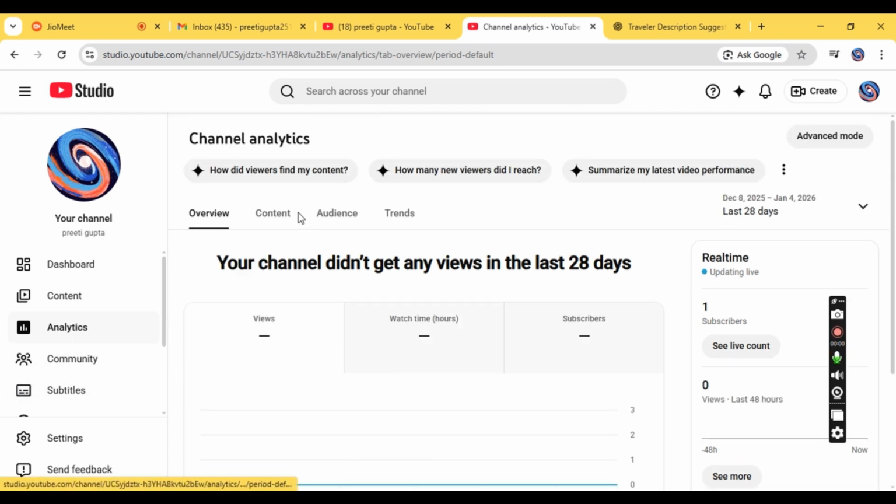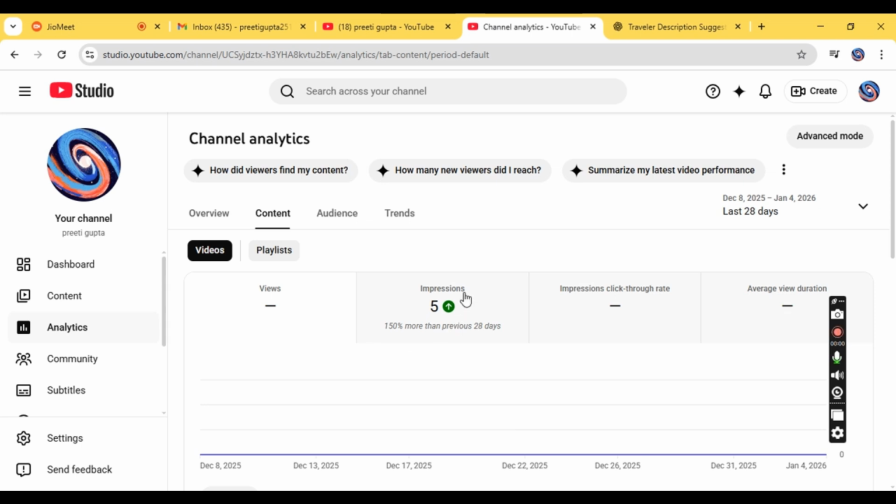Now this is the overview. If you want to see your content, you can click on content. Like I got 5 impressions, with 0 impressions, average view duration is 0. If you are using any channel, you can see others also have viewer impressions, so you can analyze the channel from this analytics.